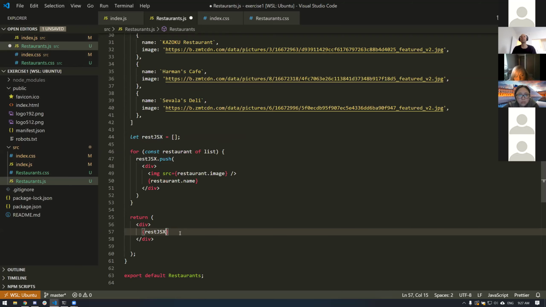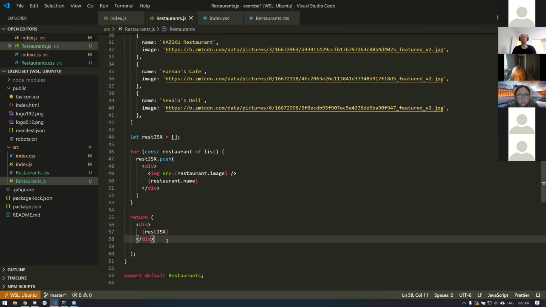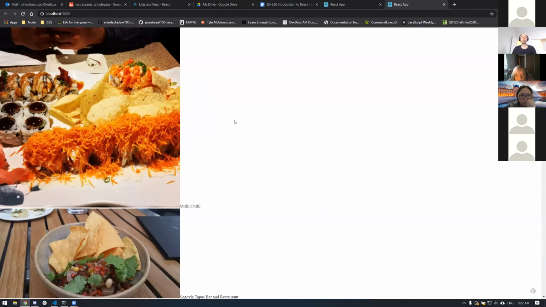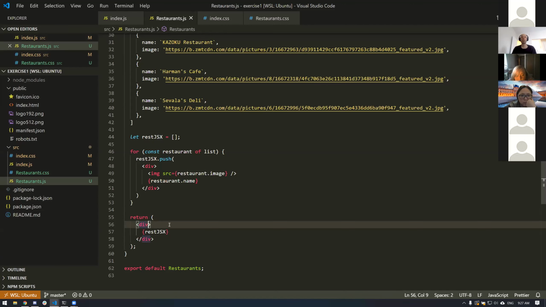Right? This is considered JSX still. So I'm putting in this div with this array filled with JSX. So let's take a look at that. Now it doesn't look any different because obviously that div doesn't do anything. But if I were to give this div a class,